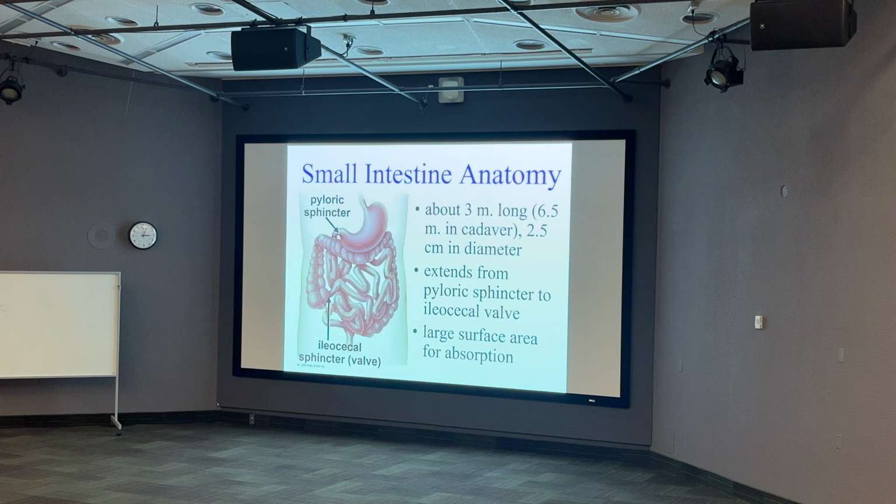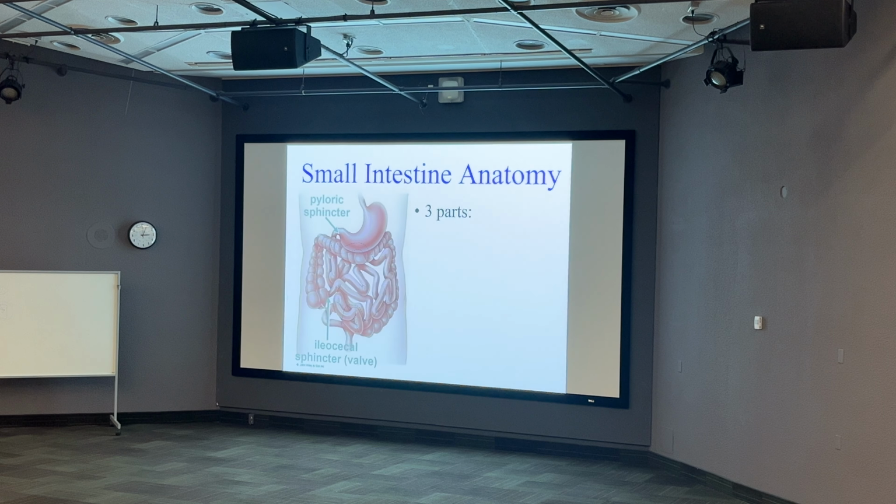A lot of times people focus on this idea of absorption. You need all the surface area for absorption, and that's true. But we also need lots of surface area for digestion to happen, because we know that the chemical digestion has to take place in order for absorption to be able to work. So when we take a look at the three parts of the small intestine,